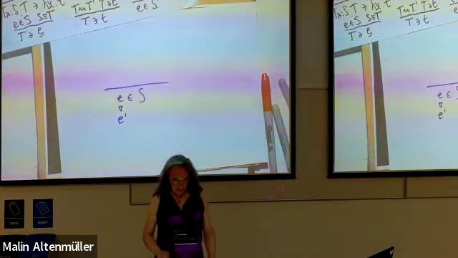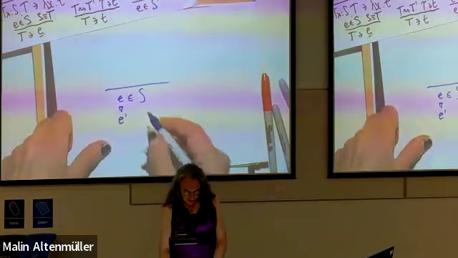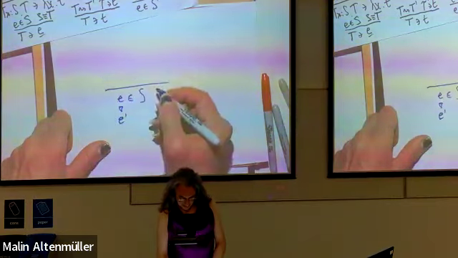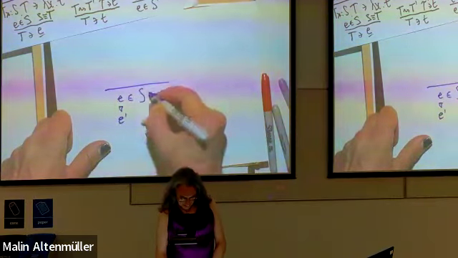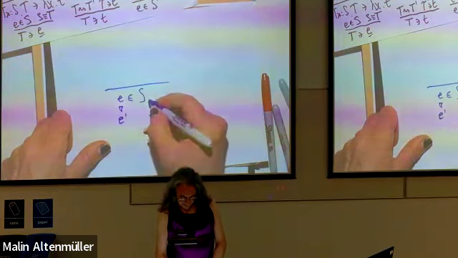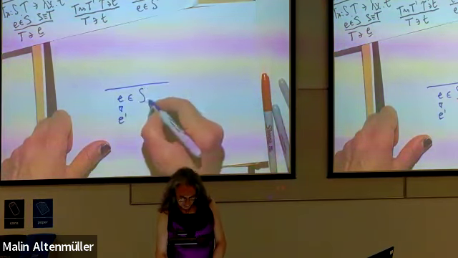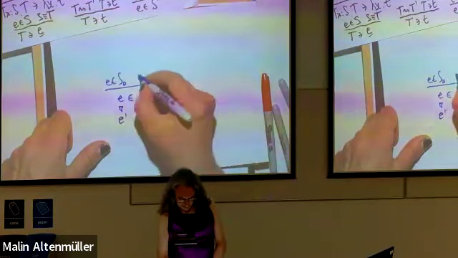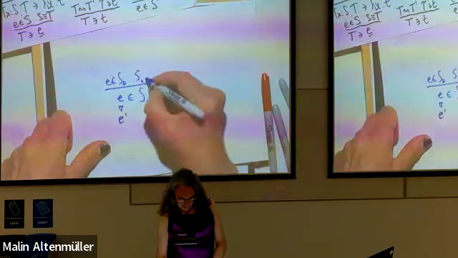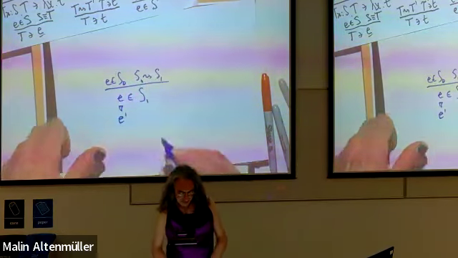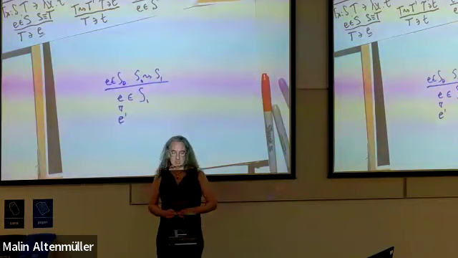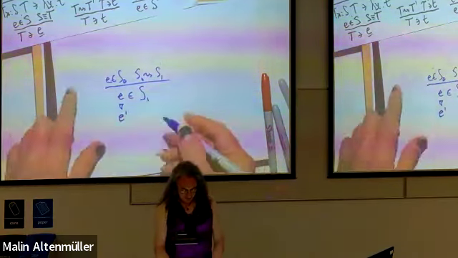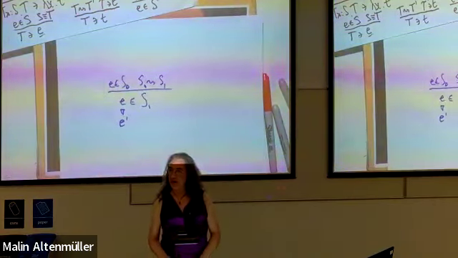Sorry, the old derivation was, let me copy the rules sensibly. I'm going to call this S1. This is E is in S0, and S0 steps to S1. Okay, so this time when I invoke my induction hypothesis for E stepping to E prime,